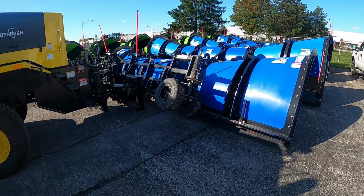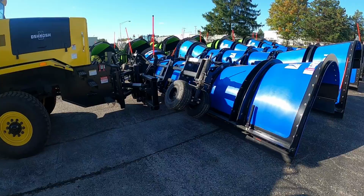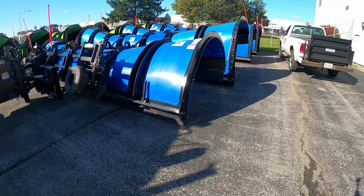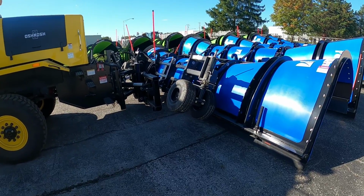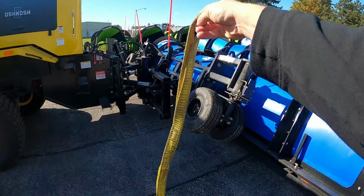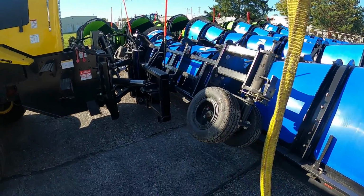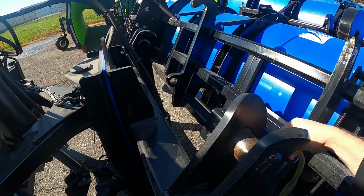Alright, so here's what happens when you're not lined up correctly, or you might have pushed it too far. We got the plow kind of bent over. At this point, we got to go and pull the plow back so it's upright. We have a strap right here that helps it out. So what you do, you're going to come through here and kind of,